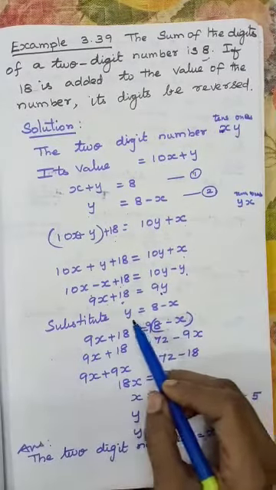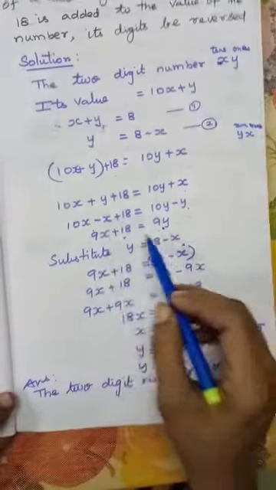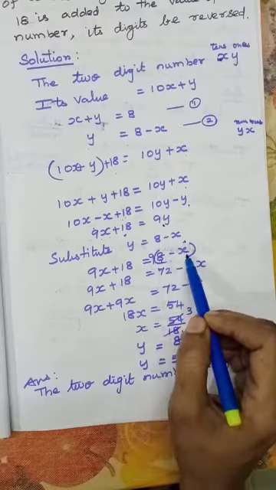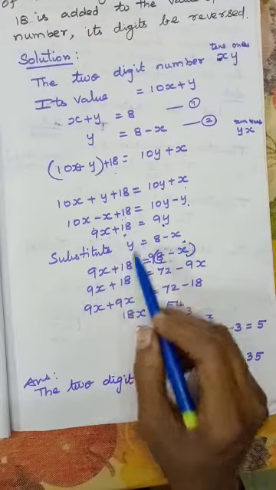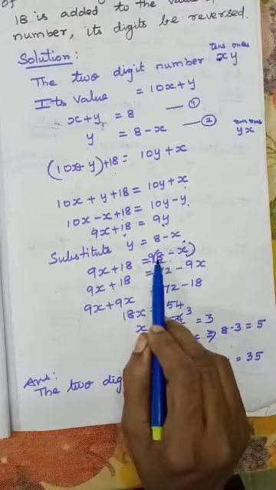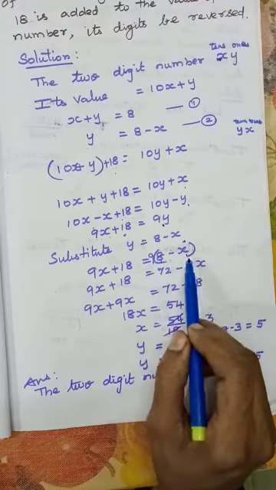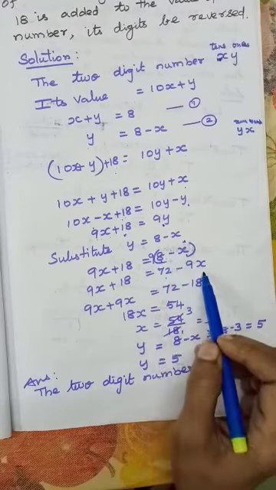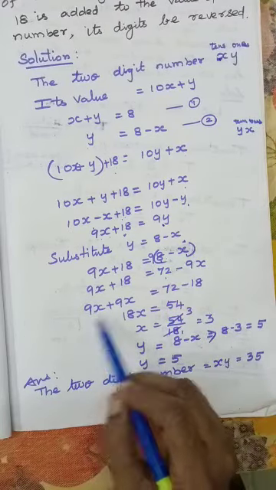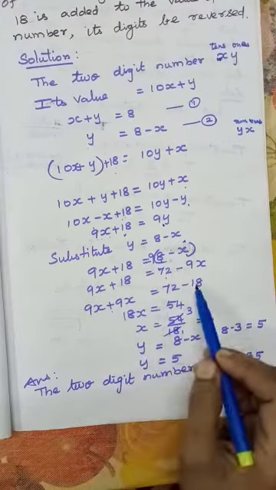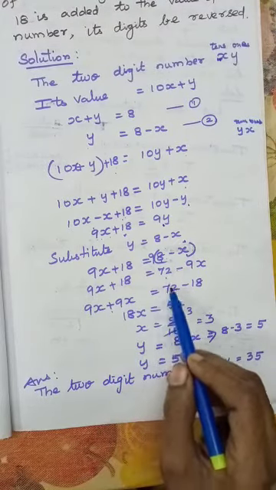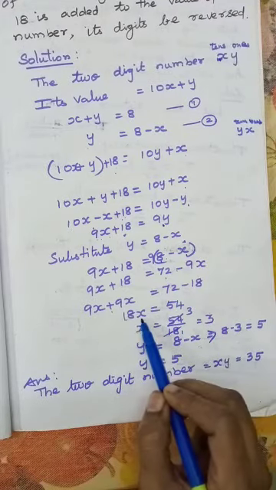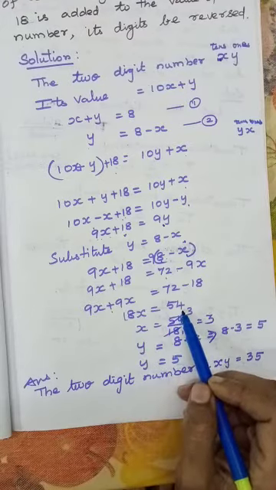So substitute y is equal to 8 minus x from here. So in the value of y we are substituting 8 minus x. Here already 9x plus 18, 9 into y. Now you multiply this 9 inside and remove the bracket. 9 8s are 72 minus 9 into x, 9x. So you bring this 9x to this side, 9x plus 9x is equal to 72 minus 18. Okay, now 18x is equal to 54.